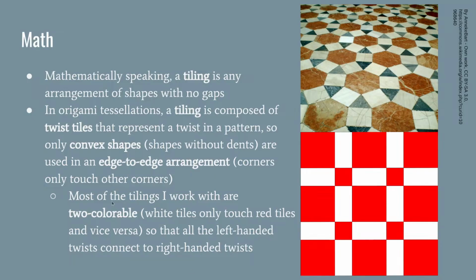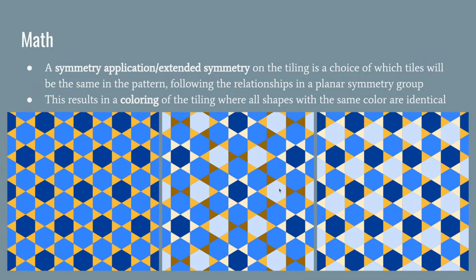And then most of the tilings that I work with are two colorable. So all of the red shapes share edges with white shapes. All of the white shapes share edges with red shapes. And this is a really useful property because then the right-handed twists all connect pleats to left-handed twists, and that can lay down flat. And then continuing onwards,